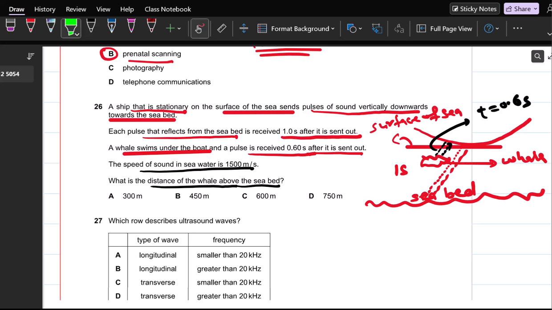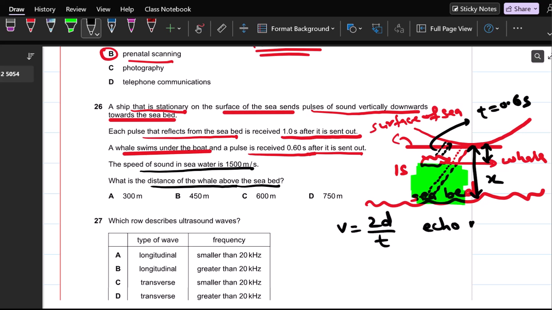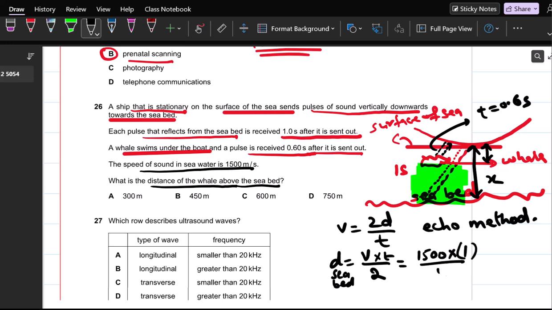Okay, this distance we have to find this। तो हम क्या करेंगे? हम एक डिस्टेंस ये टोटल फाइंड करेंगे और एक डिस्टेंस हम ये वाला फाइंड करेंगे और इन दोनों को माइनस कर देंगे। We will be getting this x। So you know speed is equal to 2d/t। Echo method we are applying, echo method अप्लाई करना है। तो हमने डिस्टेंस फाइंड करना है, तो distance is equal to v multiplied by time over 2। तो सबसे पहले हम सी बेड से फाइंड कर लेते हैं। Seabed it will be 1500 speed है, time is 1 divided by 2,